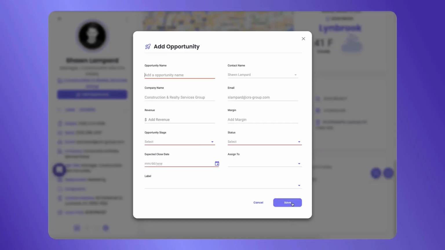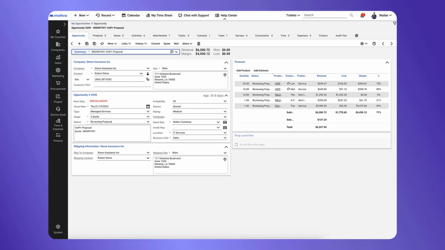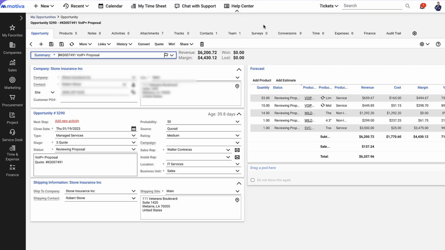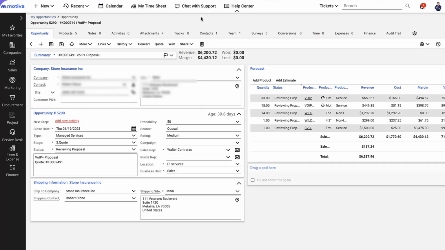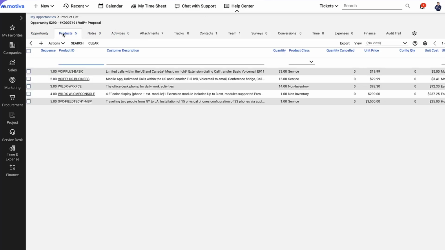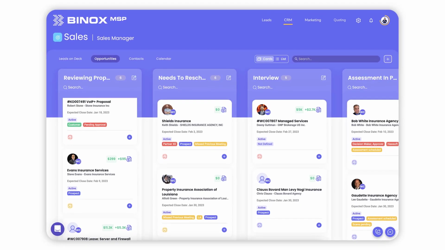When you hit save here and you populate this information, what happens is Binox goes back into your PSA, I happen to use ConnectWise, and then puts the company, the contact, and the opportunity information directly in your PSA. So now you can start quoting this opportunity simply by, if you're using Sell, whatever tool you're using for quoting, you're obviously gonna add products to that quote, right? And as soon as those products are added and you hit save on that opportunity, that's where Binox makes a big difference,